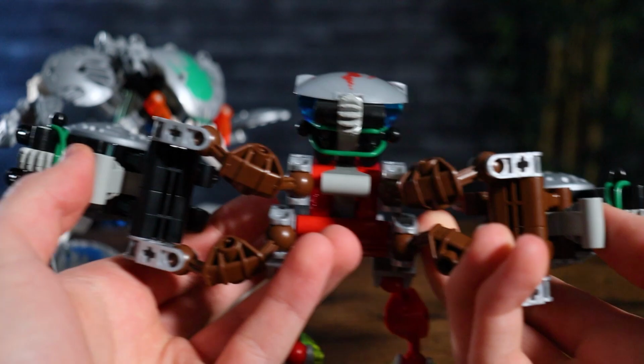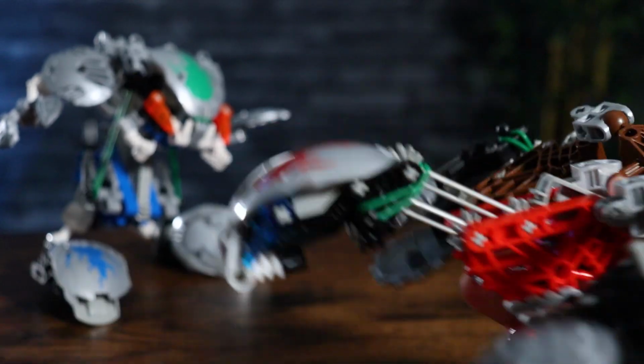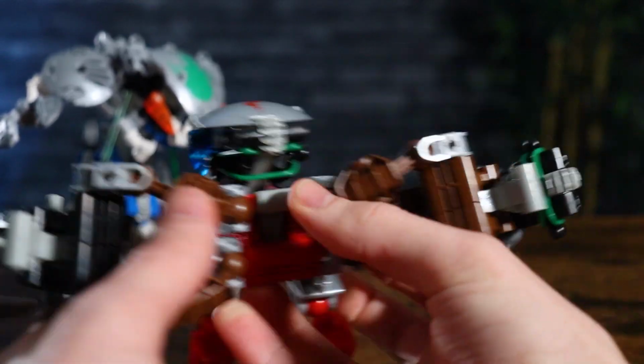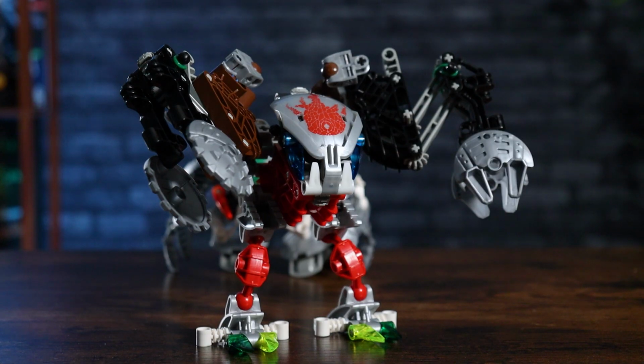I'm gonna go through the functions on them real quick. The one right here, he can perform really a lot. Both of his arms work like the Bohrok-Kal heads do, in that you can push the lever to strike them forwards, and you can also do this to the head. So there's 3 forms of playability here just in this model alone. There's a lot going on, and it actually makes me glad that the legs aren't that big, because a lot of the times when we get these bigger legs, they're not as stable and we run into some problems. This is really focused on the playability features. I've been a huge fan of this one. The one right here,